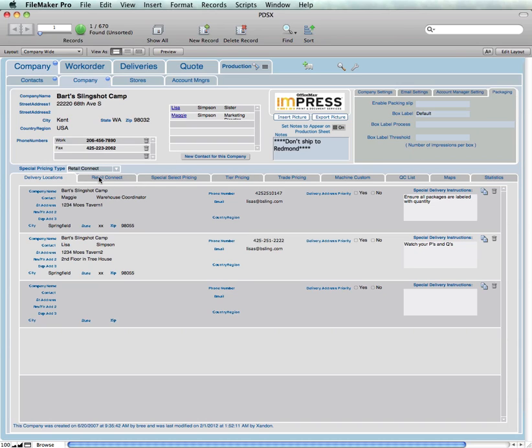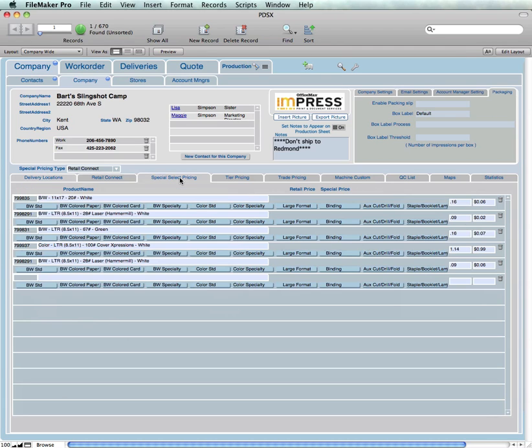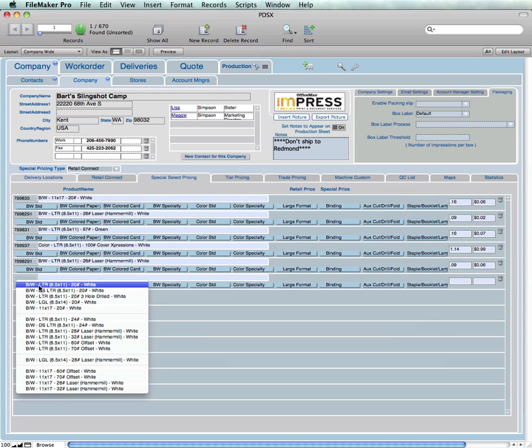So moving on down to the bottom of the page, we did the delivery locations, and we did the Retail Connect. The next is special select pricing. If you have a price override for a specific item that you want to do, you can select that special item. So let's say that this customer, for 20-pound white paper, they pay a special price that is different than